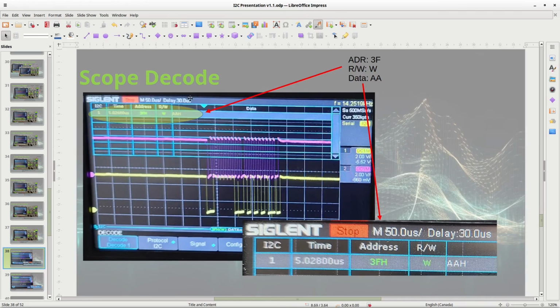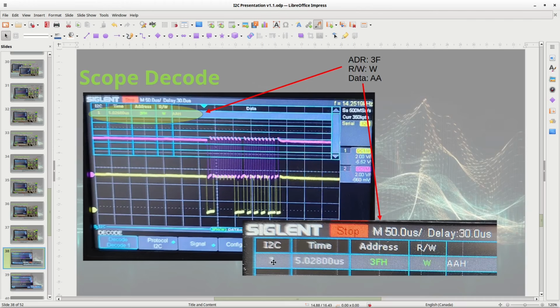So here's the scope decode of the proper device. So it's 0x3F. I've just zoomed in here so you can see it. Notice you've got everything captured on the screen, and the scope can detect the start bit, detect the stop bit, and decode this.